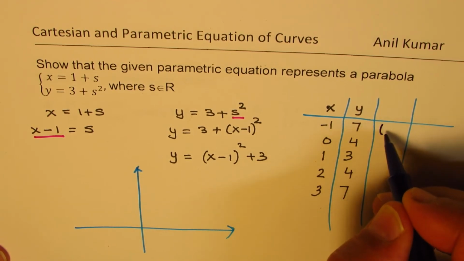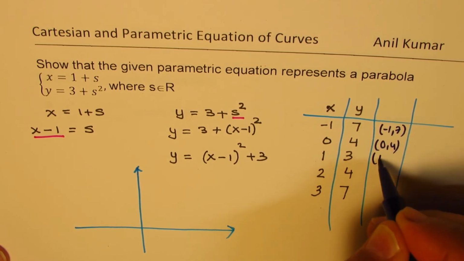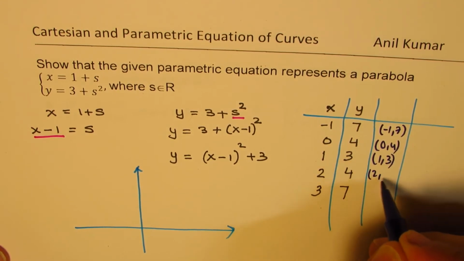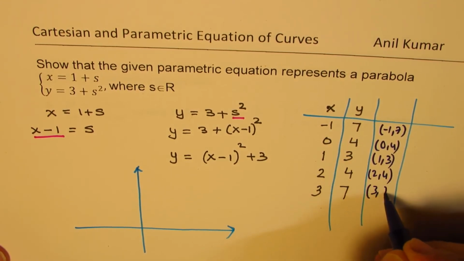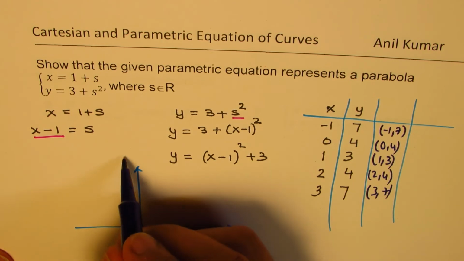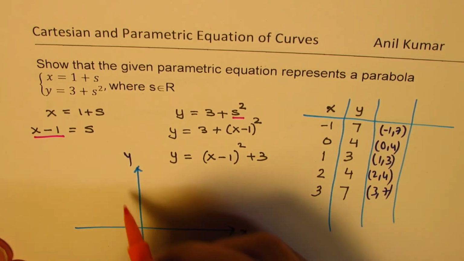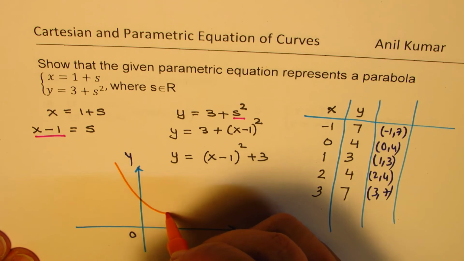So these coordinates are (-1, 7), (0, 4), (1, 3), (2, 4), and (3, 7), right? So substituting some values, we get some coordinate points on x and y. We can plot these coordinates. And what do we get? Well, we will get a parabola. So putting these points here, what we get is something like this,